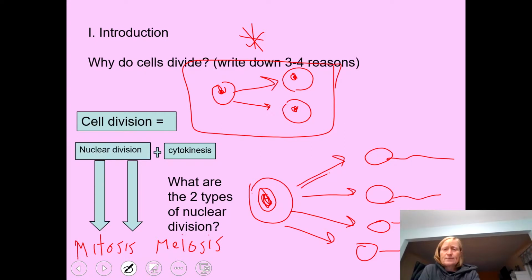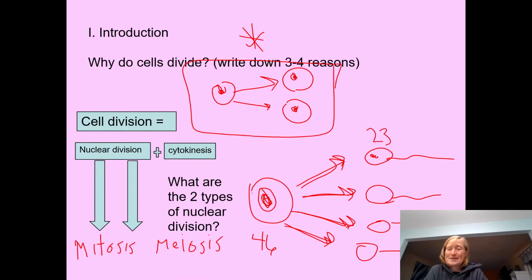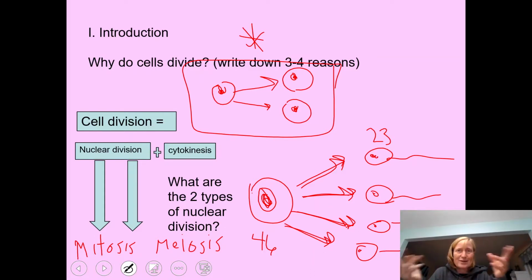During meiosis, this is a nuclear division in which the chromosome number is cut in half. So if we started with 46 chromosomes in an adult cell, the gametes that we make would have 23 chromosomes. Okay? And that makes sense when you think about it, because a sperm is going to meet up with an egg, and 23 plus 23 equals 46. Now you've got the full set of 46 chromosomes again. But we're going to focus on meiosis in Chapter 13. So Chapter 12 is all about mitosis.